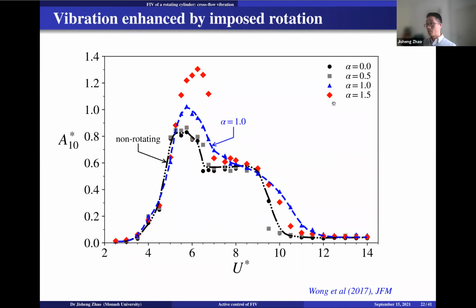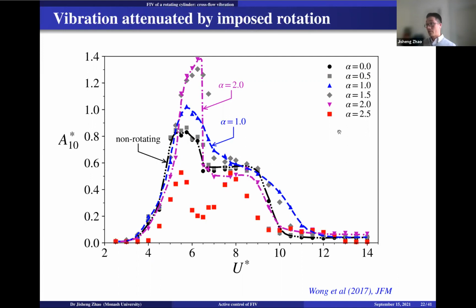Up to 0.5, 1.5, you can see pretty much like 60% increment over the non-rotating case. After 2, this is about 80% increment in the peak amplitude. And you can see also there's some marginal impact on the lower branch. But further increase in the alpha, to